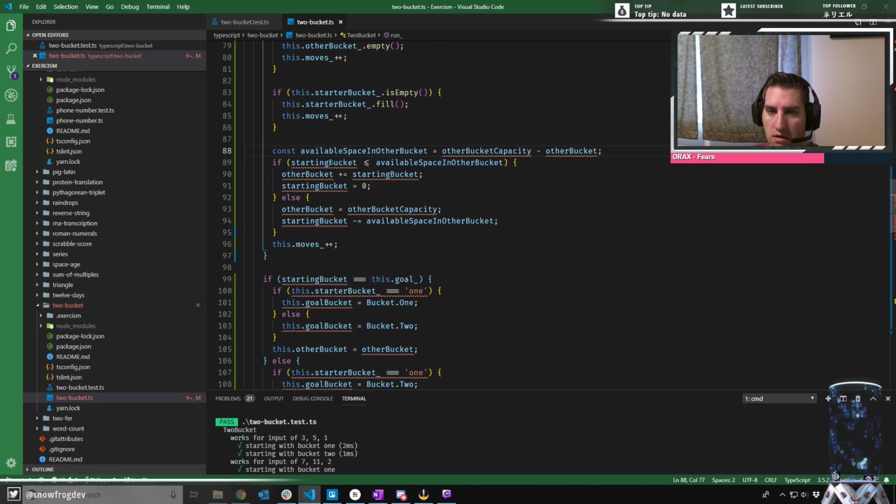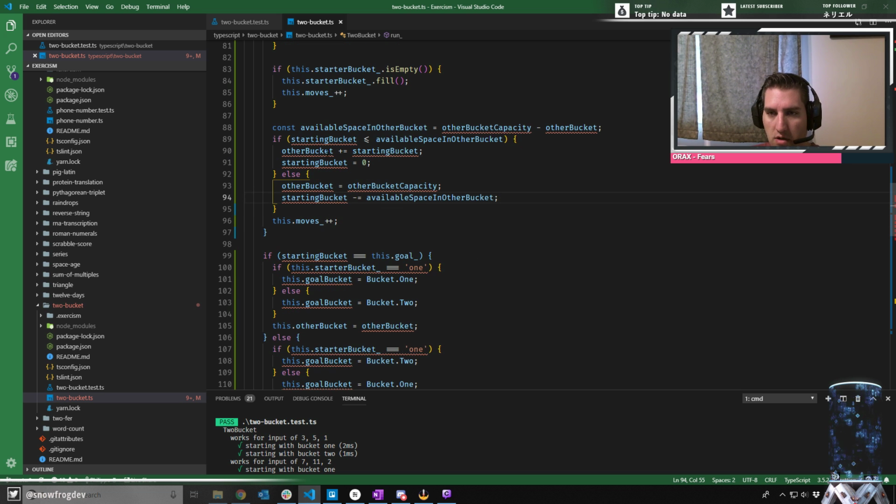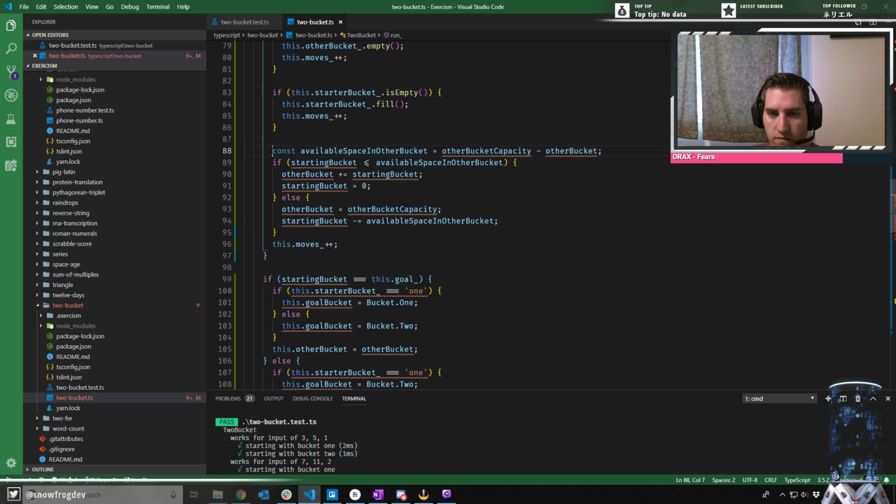And then if the starting bucket can fit in there, we add it. We completely empty it. If it can't fit in there, we fill up the other bucket and we reduce the, okay. All right, so all of this can be basically moved